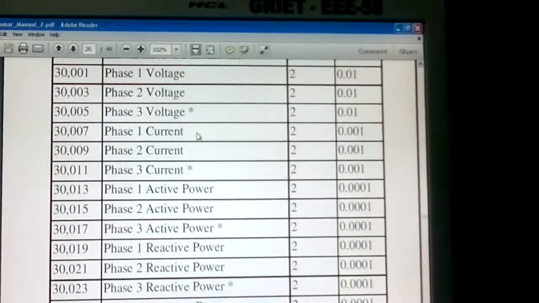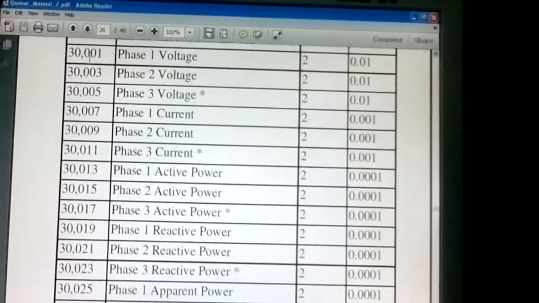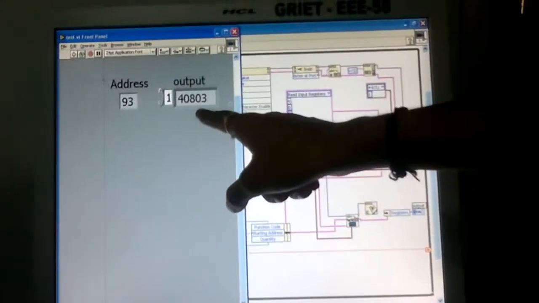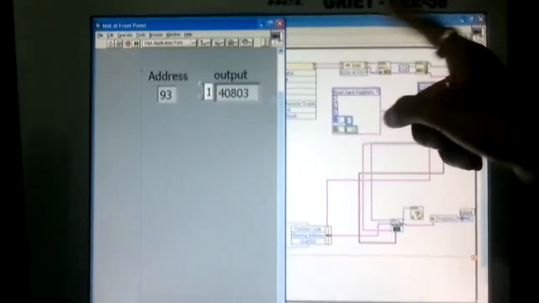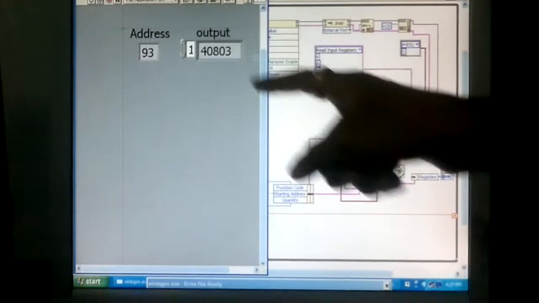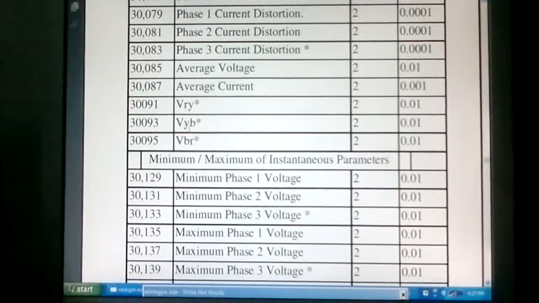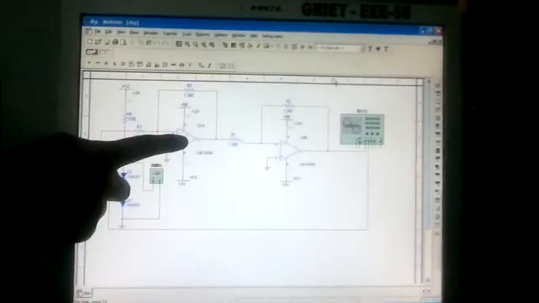This is the memory map of quasi-manual. Here we can see the address 93 and the corresponding output is 40803. Let us see in the memory map what the parameter actually is. 93 parameter is V.Yb and it has a